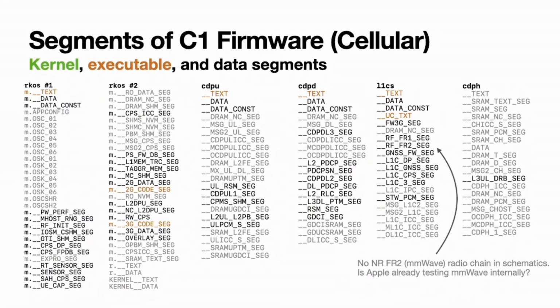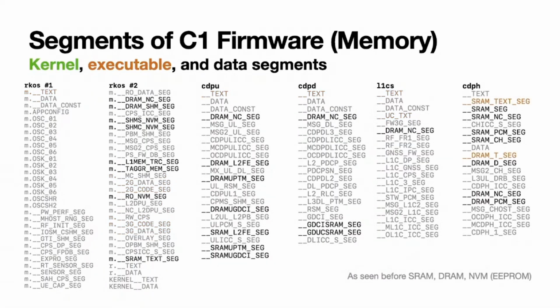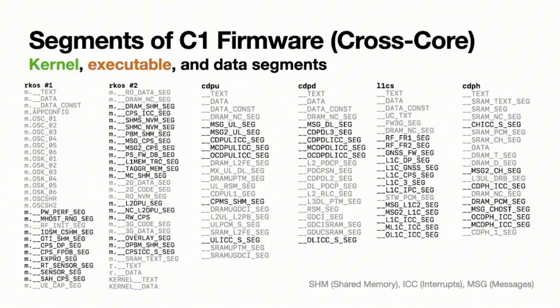the current ones. Regarding memory, as we've seen a few slides ago, there are DRAM, SRAM, and also non-volatile memory. This basically refers to the EEPROM storage. And there's also a lot of cross-core communication for interrupts, shared memory, and also message boxes. And if we just take a look, those colored segments can be loaded by the RCross file at some